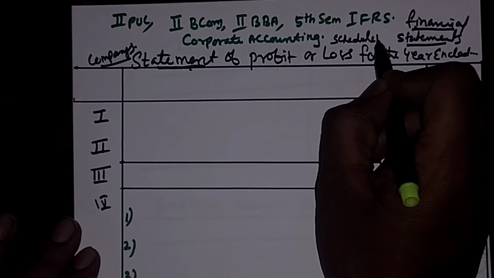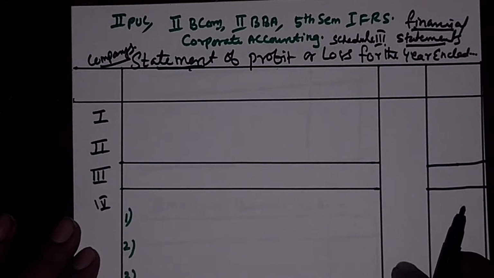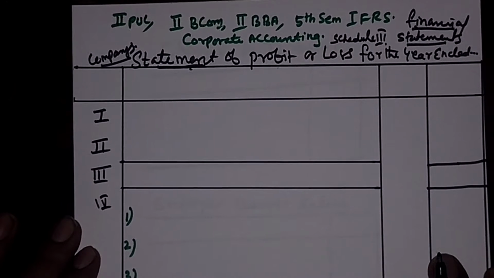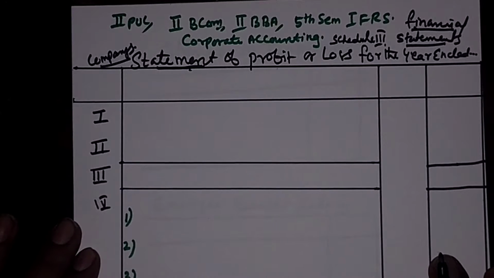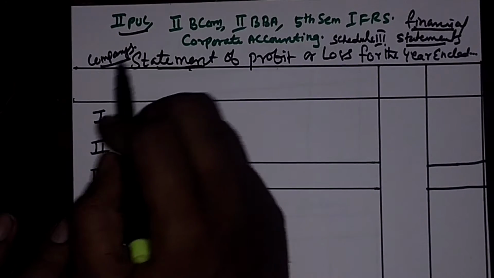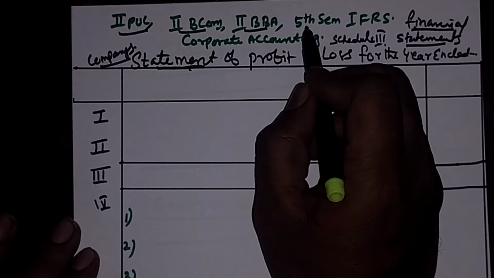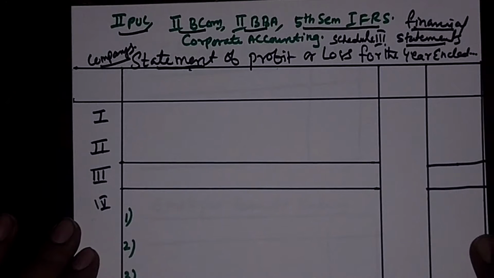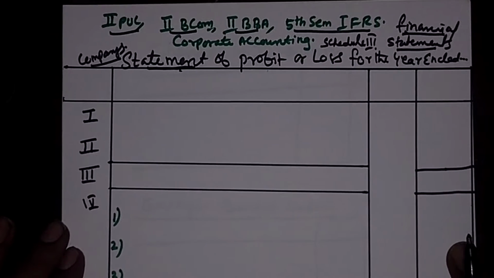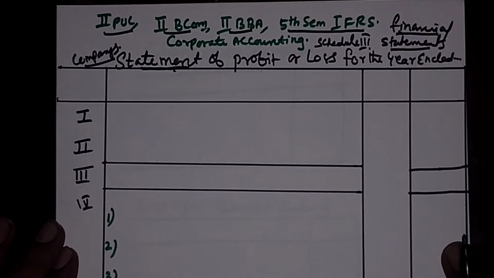This is the most important. As per Schedule 3 of the Companies Act of 2013, this is a very common topic for second PUC, second BCom third sem, second BBA third sem, fifth sem IFRS. So this is the most important topic which we are covering in this. And even for the person, those who are not studying in the college and those who are working in the corporate sectors, even for them also this is a very common topic they need to learn,